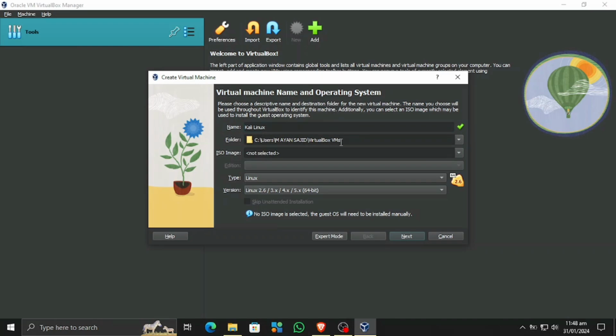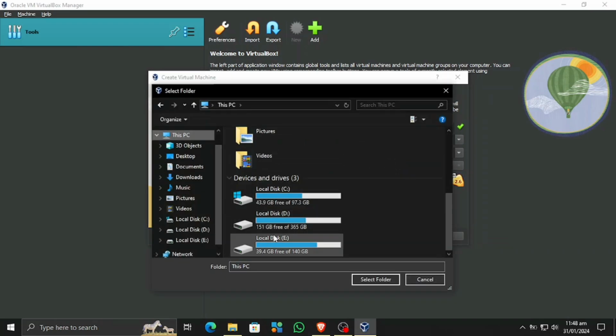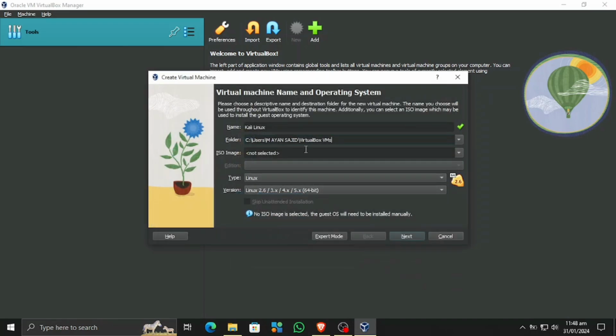The second option, location, is where you install your virtual machine. Simply browse wherever you think you have enough space to store your virtual machine, and it will take that. I am going with the default location, but you can change it wherever you want. And in this third